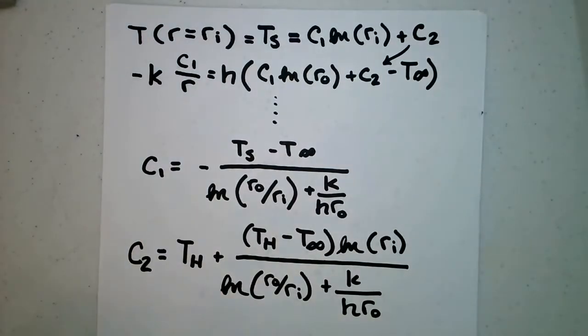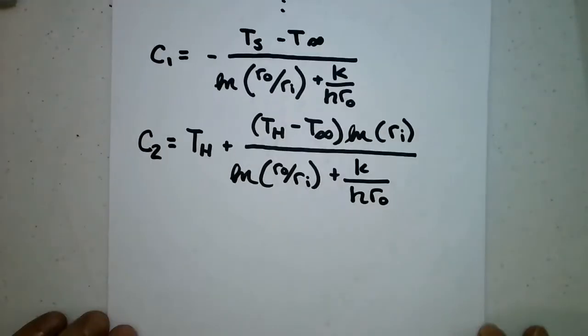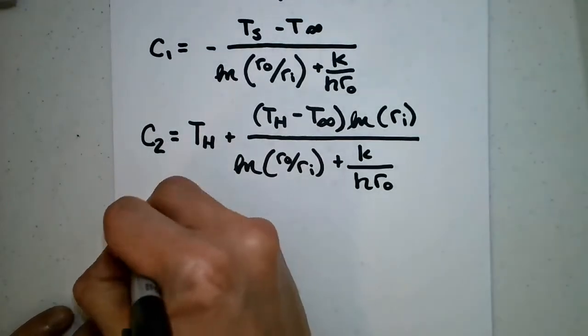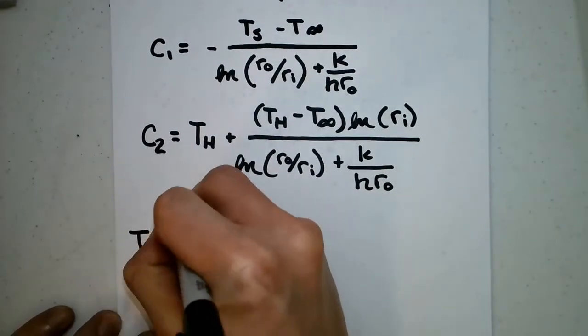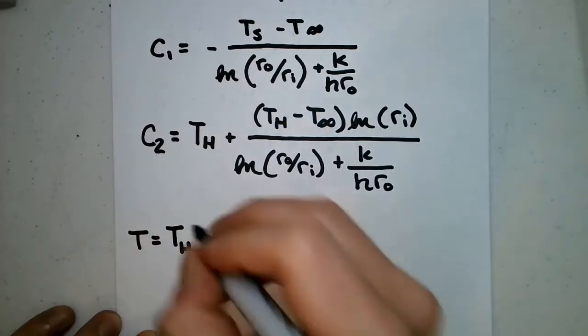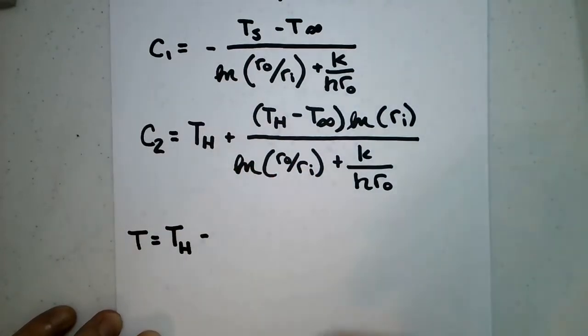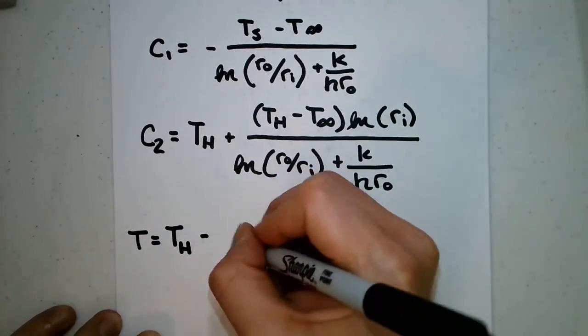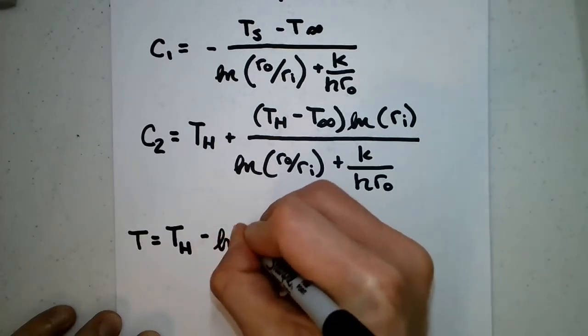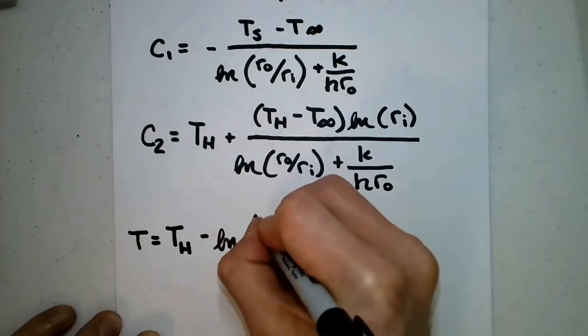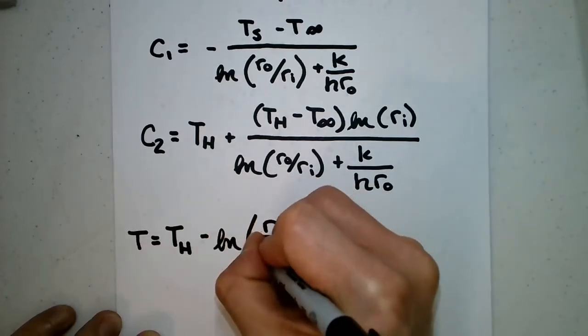All right, and then our profile finally becomes temperature is our initial temperature minus, I'll put this out front, natural log of R, our variable, over Ri